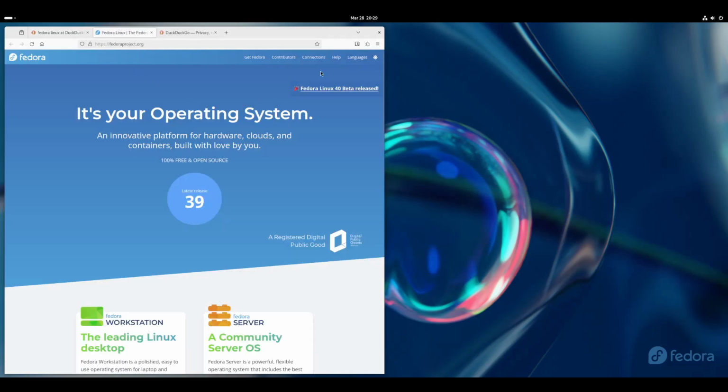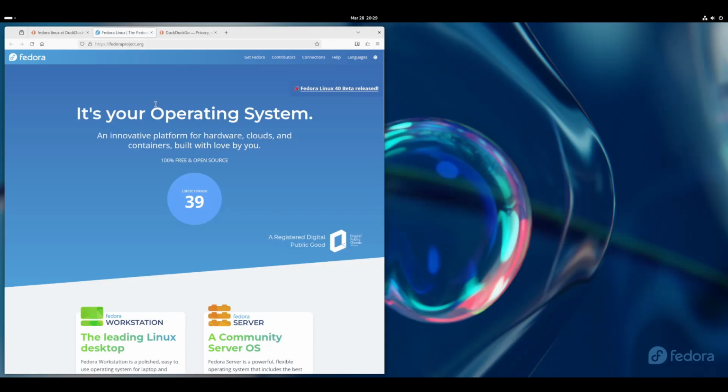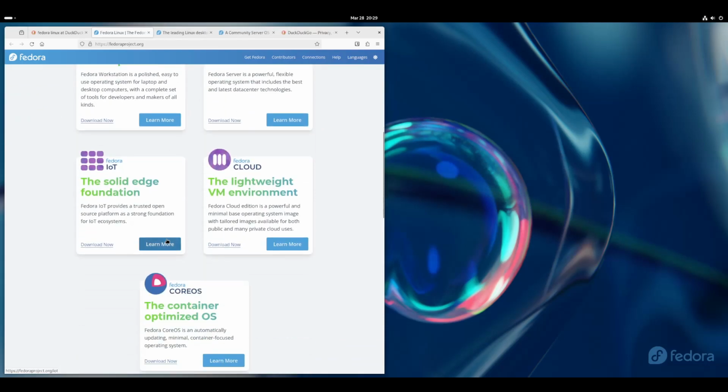If I go to this page again, I can right click on, again, this Learn More for Fedora Workstation, middle click again, and it'll open this. That's a quick shortcut to right click and open link in new tab. It's super simple. But doing one better, if I have a whole bunch of these links open, right? If I open that one, I open this one, I just go down through this list and open all